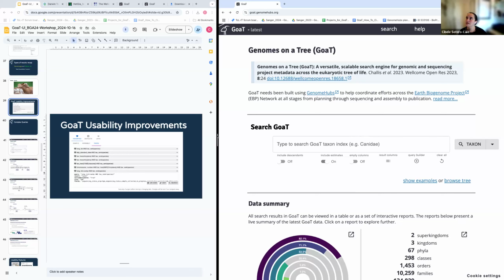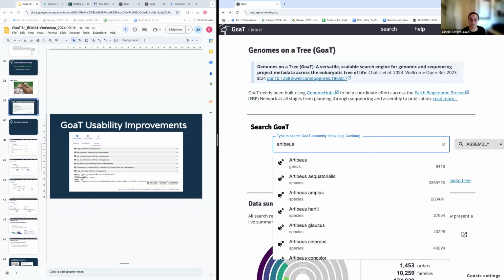Sometimes you will use always the same query, but you just change the taxon that you are looking for the information. So what if you could just say, I select the assembly index, I put here my bat.